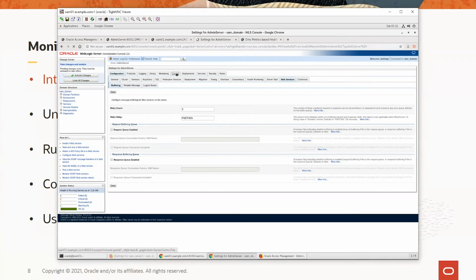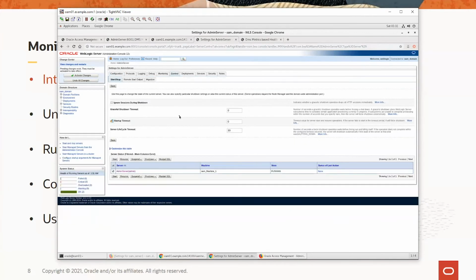Similarly, in terms of controlling the server startup and shutdown time, you can configure various parameters like graceful shutdown timeout, server life cycle, startup timeout. These are all configurable. Now look at every one of these attributes. The details can be checked by clicking on the more info details of that. So one can subscribe to the various parameters set according to these actions and monitor them.